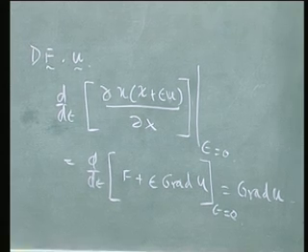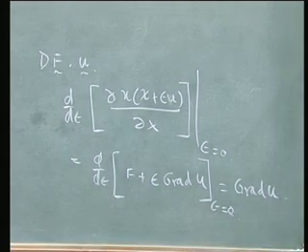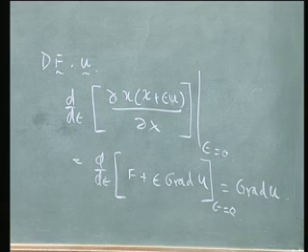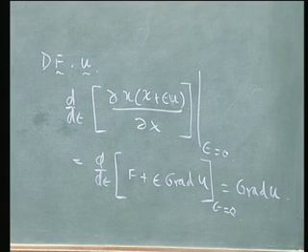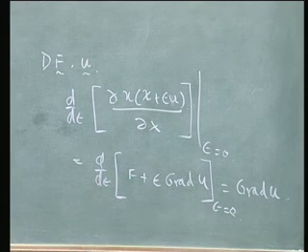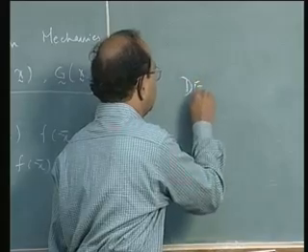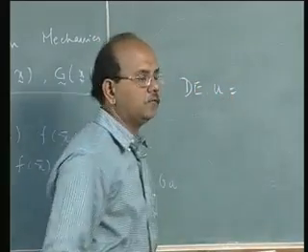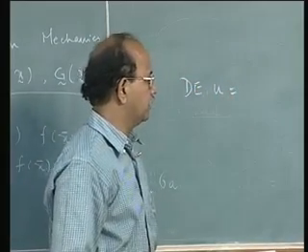So in other words, this expression can now be written as, look at this expression and look at what we have got now, and so substituting that, you can say that the linearization of E with respect to u can be written as